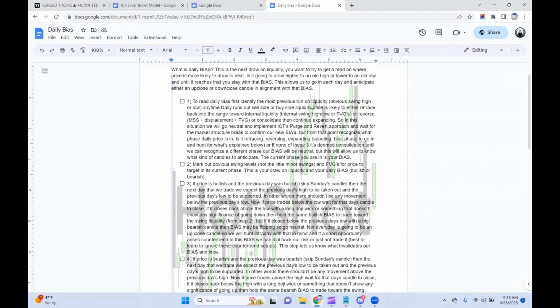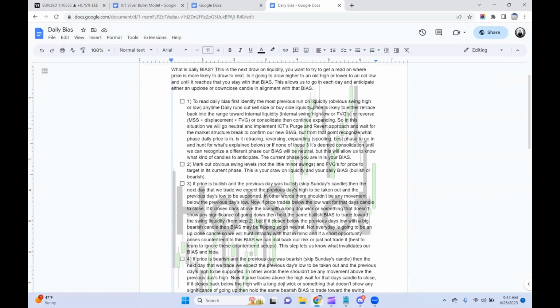And then we also want to implement ICT's purge and revert whenever price runs out liquidity. If it runs out buy side or sell side liquidity, we want to implement ICT's purge and revert approach and wait for the market structure break to confirm our new bias. But from that point,